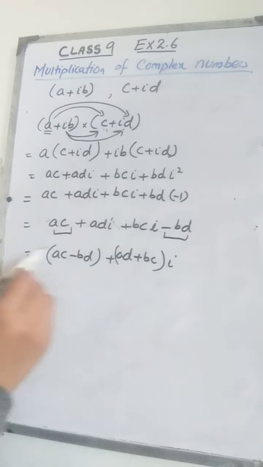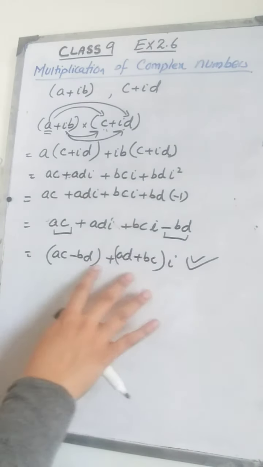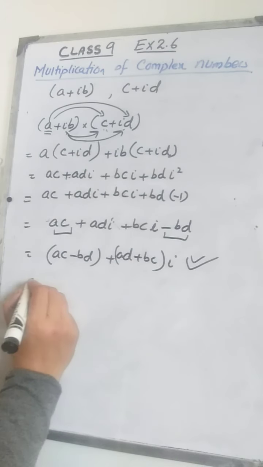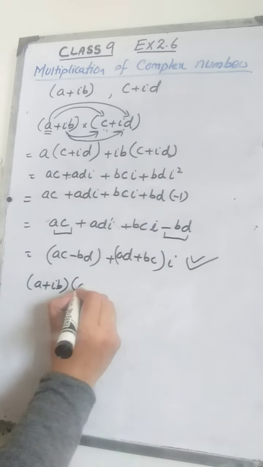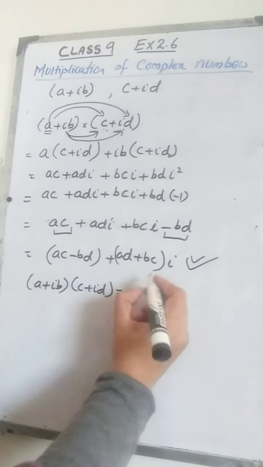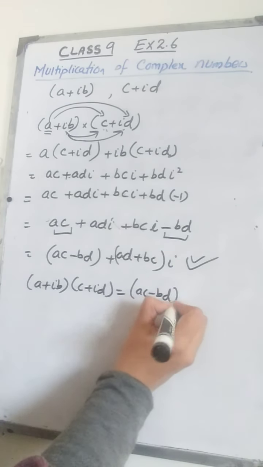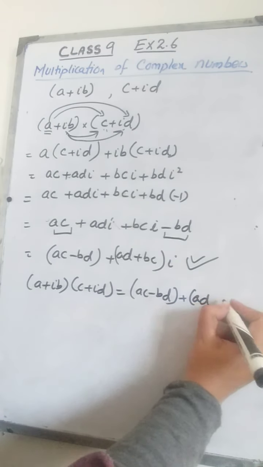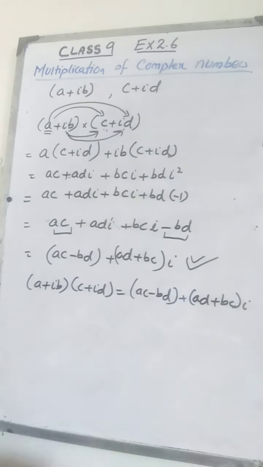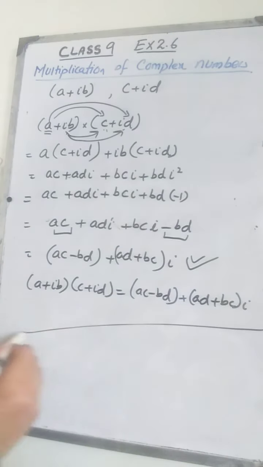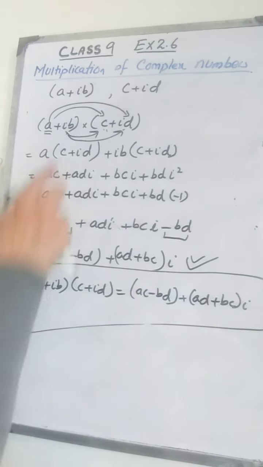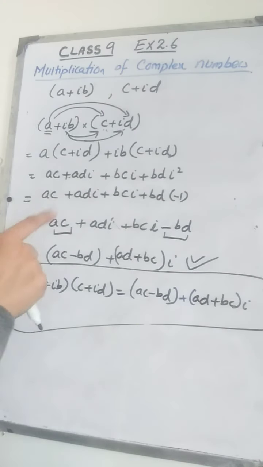You can also remember it as a formula. If you have two complex numbers a plus iota b and c plus iota d, you can remember this as a formula also. Depends upon you, whatever is easy for you. You can memorize this as a formula, or you can simply multiply as we do in algebra. So this is how you do the multiplication of complex numbers. The next topic will be the division of complex numbers. For that I am going to use a question from the exercise.